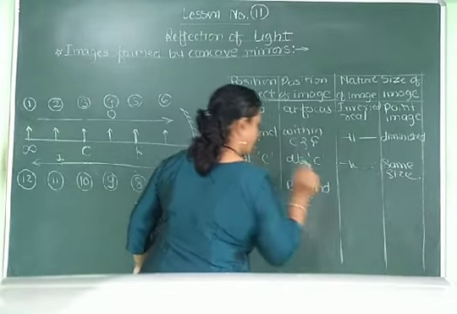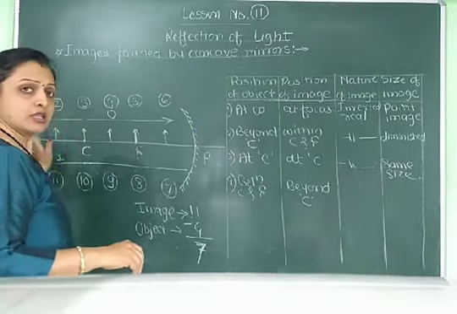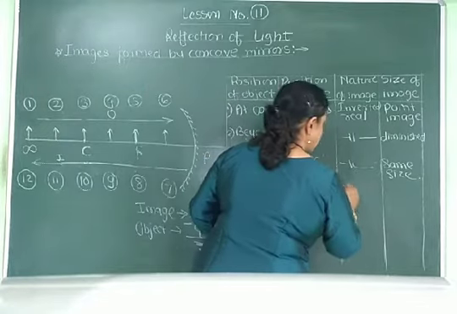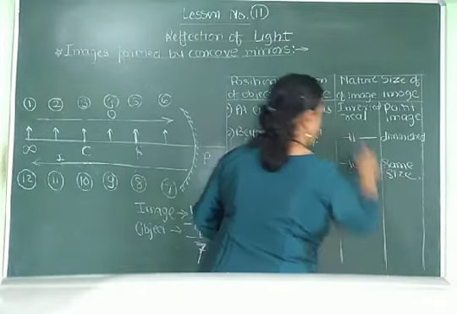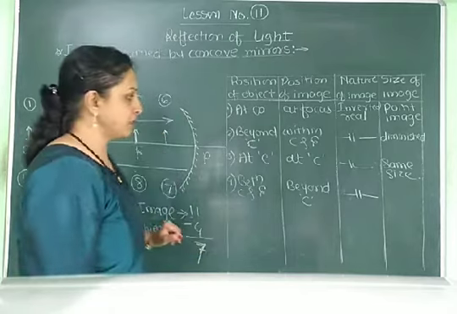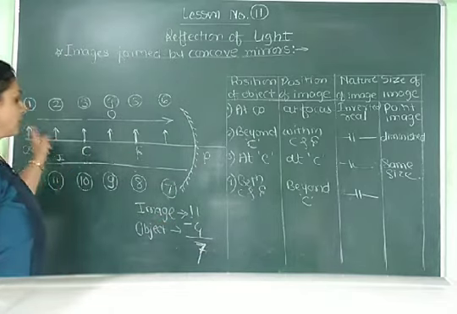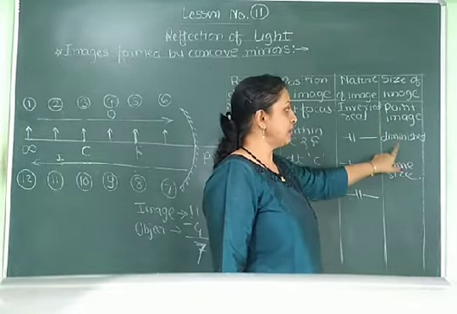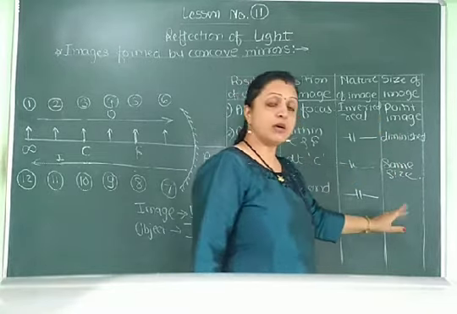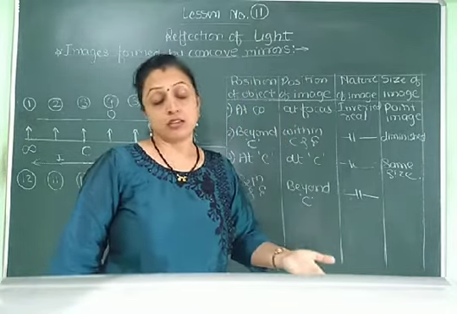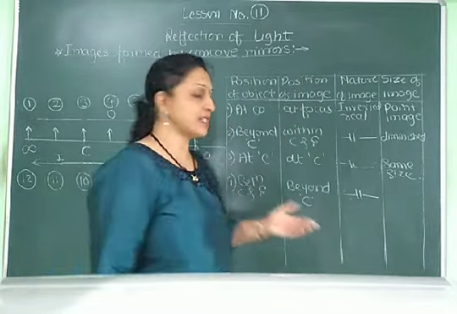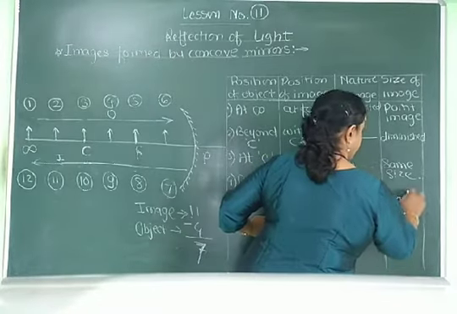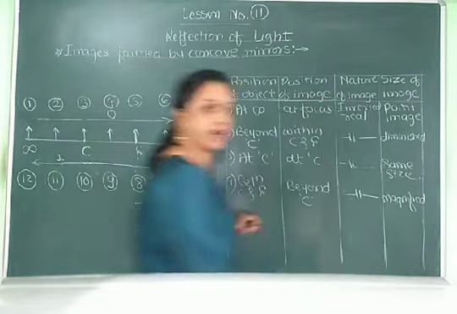Beyond the center of curvature, again the image is in front of the mirror, on the same side. So we get an inverted and real image. Same, inverted and real image. But now you can see the size of the image goes on increasing. Here we get a point image, then diminished, then same size. After that we get a magnified image, larger in size than the object. So here we get a magnified image.